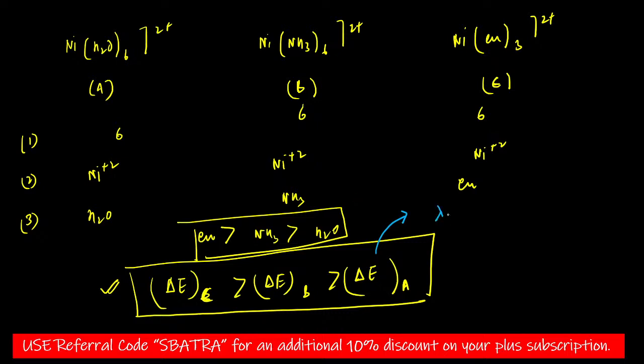So lambda of C is less than lambda of B, and is less than lambda of A. This is your lambda value. Lambda of C is less than lambda of B is less than lambda of A. Now if it is absorbing light of less wavelength,